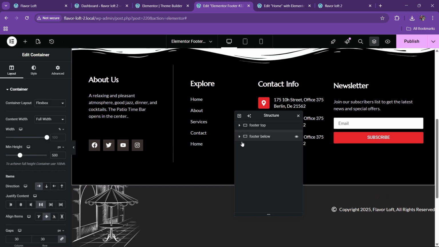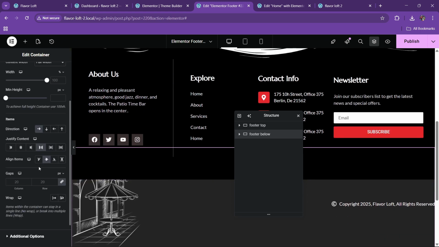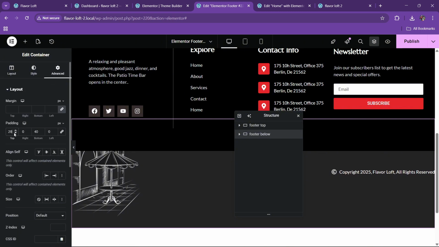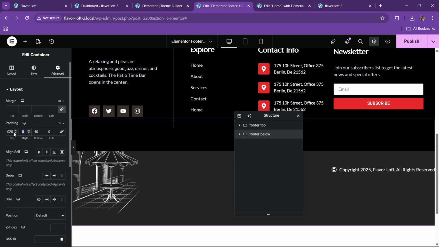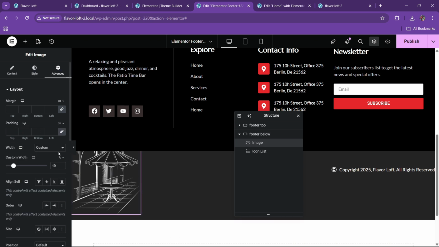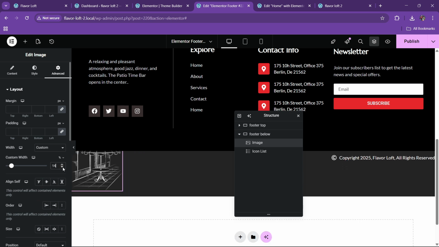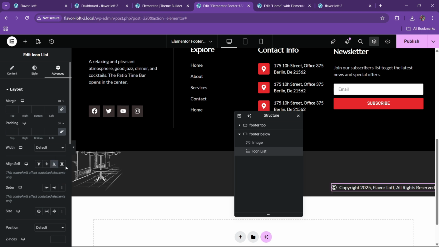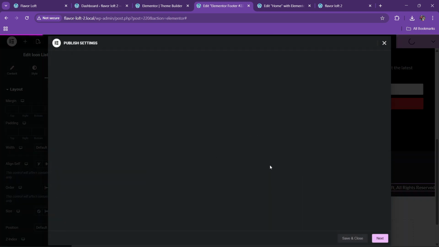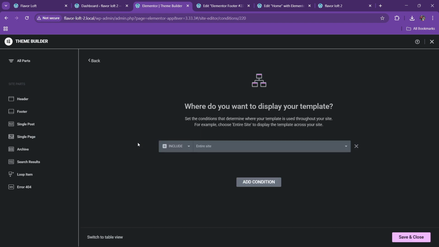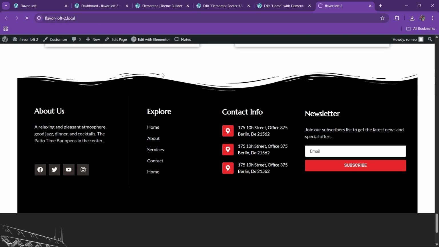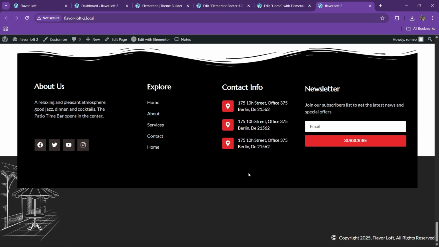Here also for the footer below, you can see we can have this height very less, so we can make this less. Also we can go here, and here we can change the custom value. Okay, and this also we can make this below, like at the end, so like this. So I hope you understand how to make this type of things. So again we have to go here. So this is some problem with Elementor. I think we have to figure out this after that. So you can just go here and see, you can see this is footer is also looking at